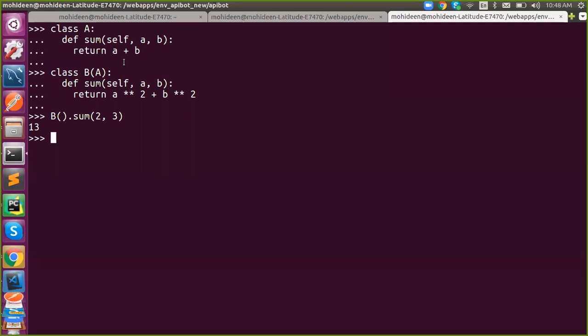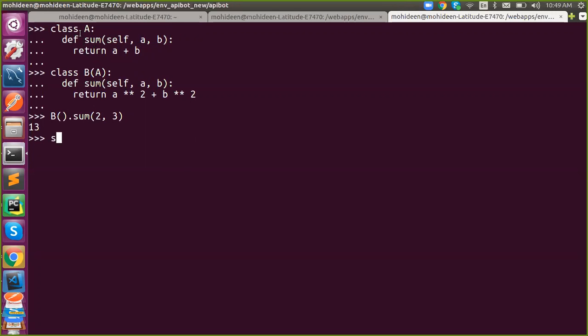Inside the class definition, we can say self dot class name A. So whenever we execute that B class, it will automatically call that A class. So we can access similar methods too.